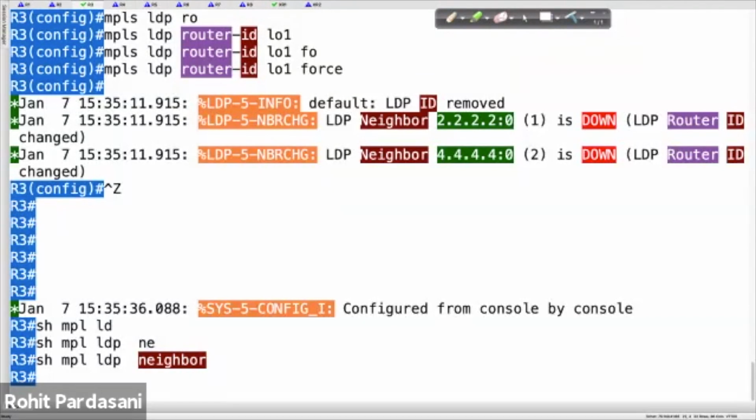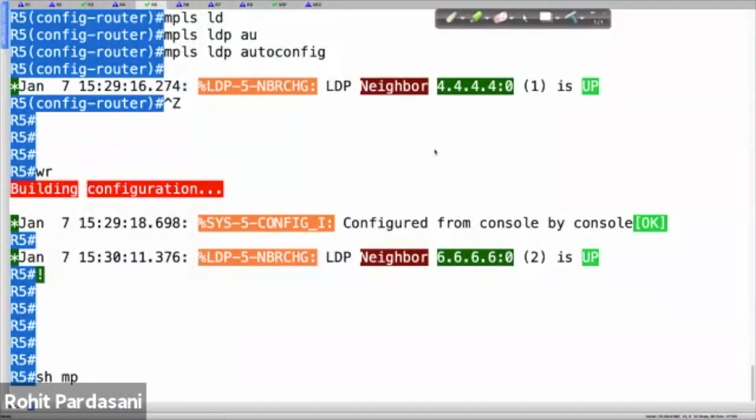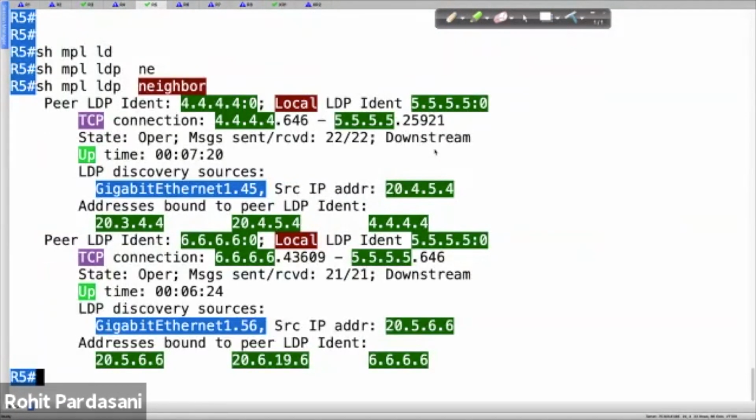So I would not be able to form the neighbors. So now I have two choices. Either I advertise that loopback in OSPF, or I change my transport mechanism for LDP to use another loopback, but my router ID would still be loopback 1. If you look at, let's say, router 5, if I do a show MPLS LDP neighbor on router 5,